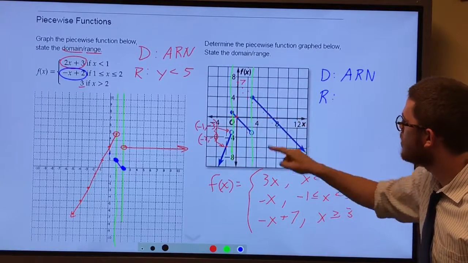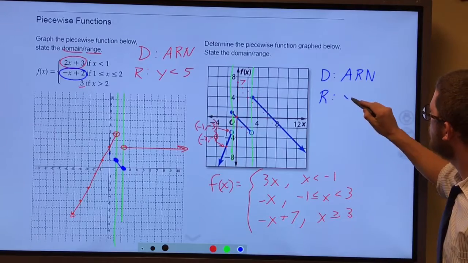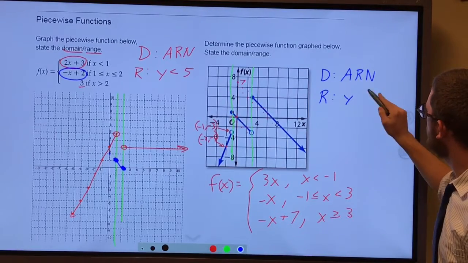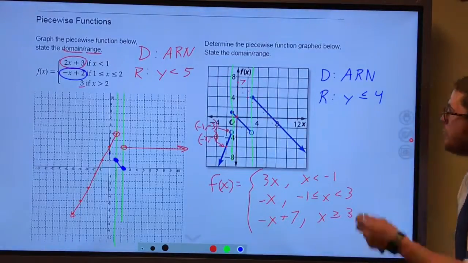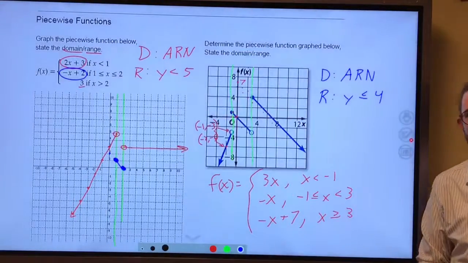We're covering everything, and our highest y value is a 4. And it can equal at the 4, so this is all y values less than or equal to